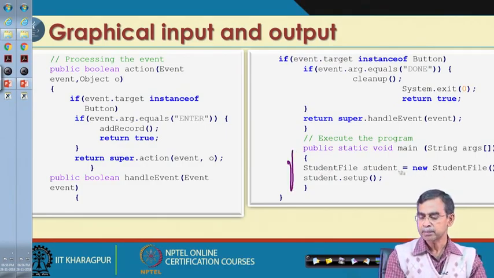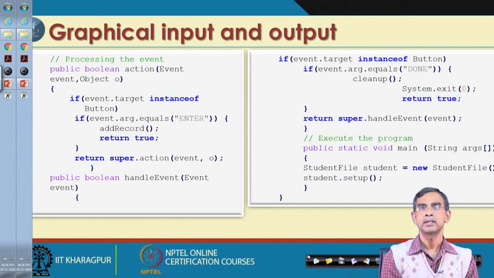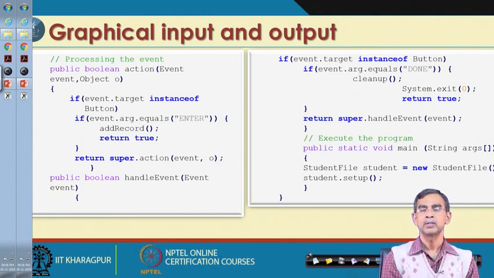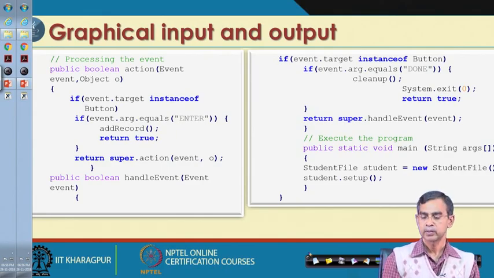The main method will simply create this object studentFile and call the setup method, which we have already discussed. That means this will display the total applet and then be ready for your work. The user will enter as long as he wants until he clicks the done button, and for each entry there will be an enter click, it will go to the next, cleaning all the text field areas and so on. So, this is a very simple program, but yet effective to develop any text entry system or data entry system in any application.